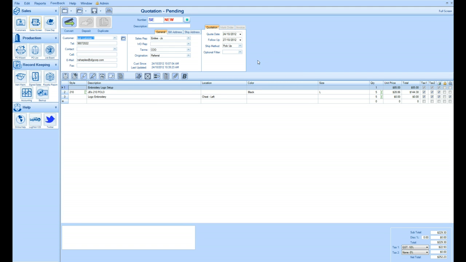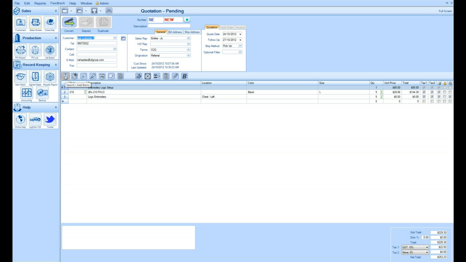That's my quotation done. There's not really a whole lot more I can put in this quotation except for a contact name, number. I'm going to need to put a description in, but if there are some random notes, there might be 2 different logos or something like that that you put in. You can put your notes down here that will also print out. For this one, there's nothing special, so we'll leave that blank. It's very straightforward,